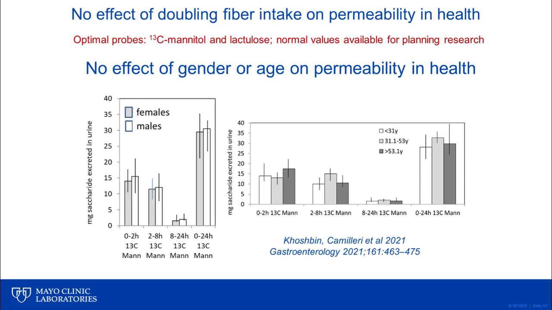Because we studied an equal number of males and females, we were able to check whether there were any differences by sex, and there weren't. And we also had three groups by age, and you see the age ranges here that we studied, and there was no difference by age up to the age of 70. So we feel we have a good basis. We have normal values, and we have also characterized the fact that there is no effect of doubling the amount of fiber in the diet. There's no effect of sex, and there does not appear to be an effect in healthy people,